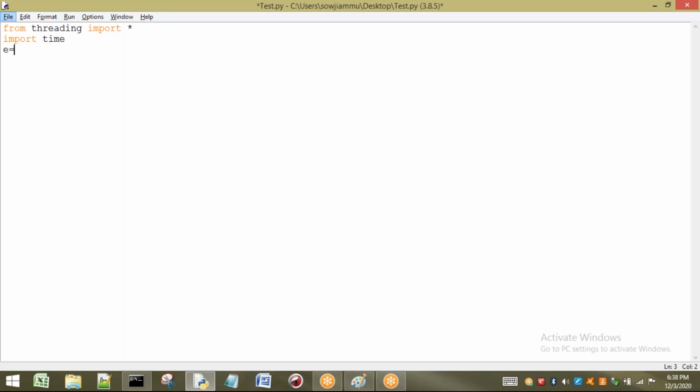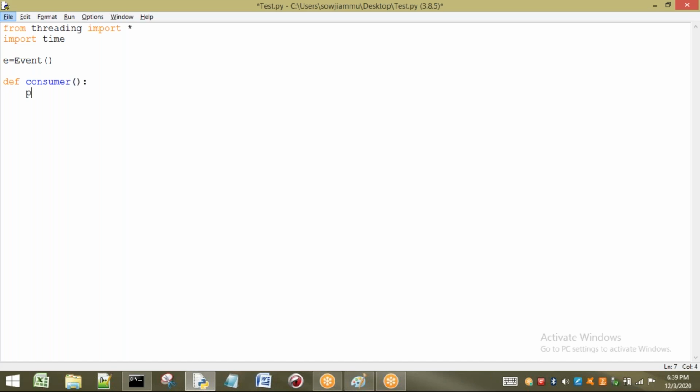Now I want to create an event object. E is the event object. Internally it has one flag, and that flag can be set or cleared. Now, what do I want to define? Two things are there. Producing is one task, and consuming is another task. Two tasks I have to define now. First I will write the consumer task, or otherwise you can call it consume, there is no problem. So the consumer will do what? The consumer is waiting for what?